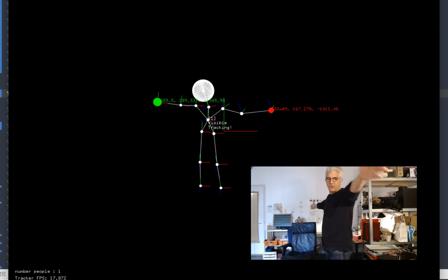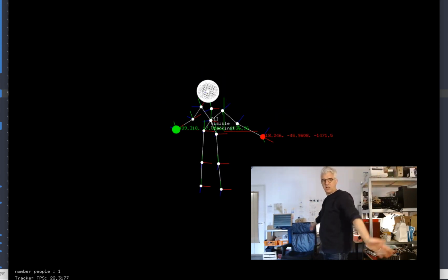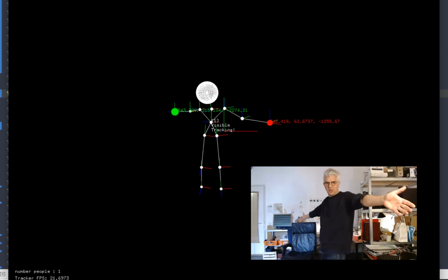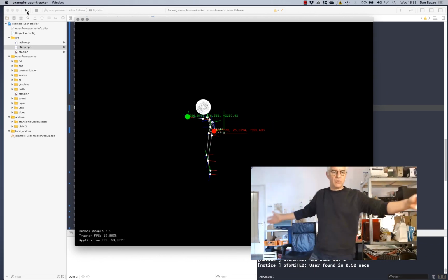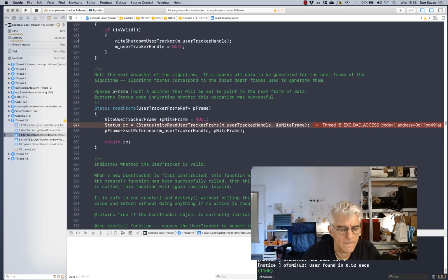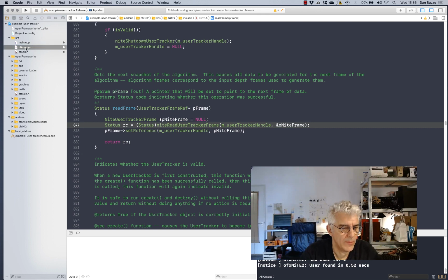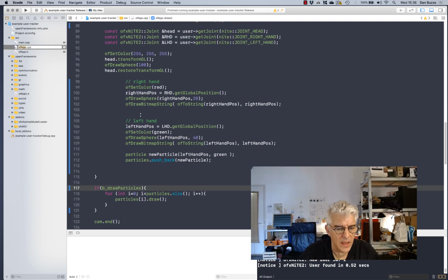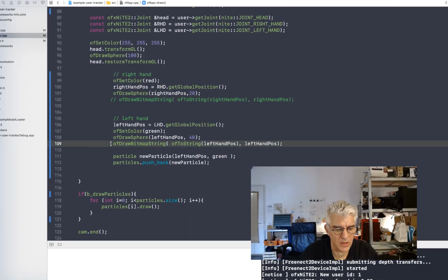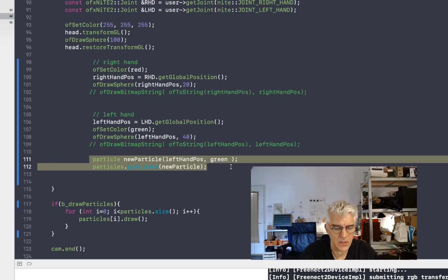So we have our skeleton tracking, I have my left hand, my right hand. We're also showing the debug text. I think we can get rid of that for now, just to make this look a little bit better. So I'm going to go to my CPP file, and in my draw routine, tell it not to draw the bitmap string debug text for my left hand and my right hand. We're still using the left hand